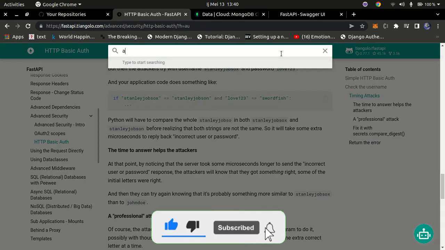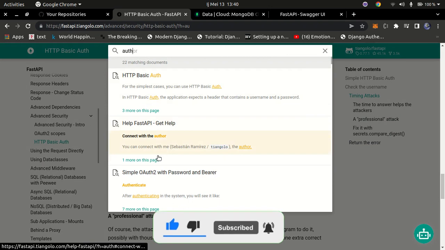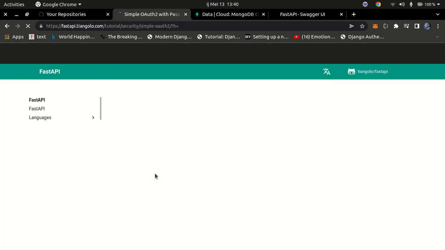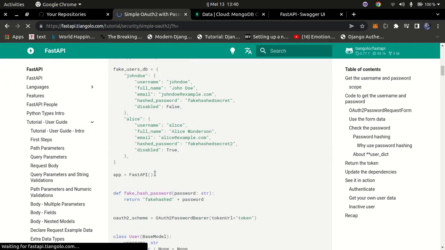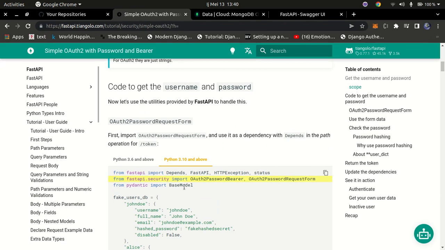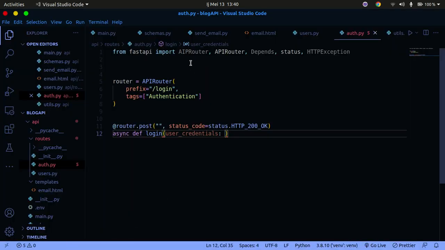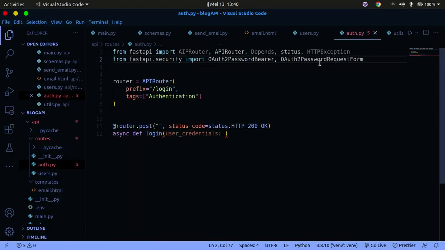You can even go and search OAuth2, I think it is this one right here. You can read more about it, and all that information is right here on the official website. So I'm going to actually use this inside of our application. I'm going to copy this line right here and move it into my VS Code. I'm going to paste it here, but I only need the